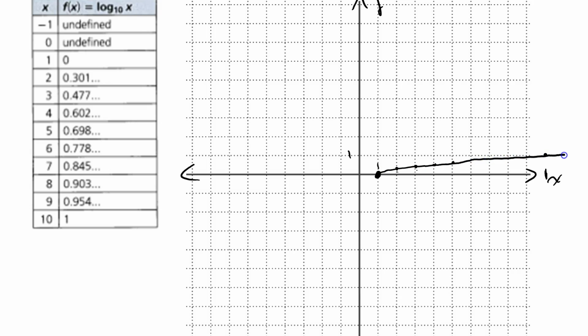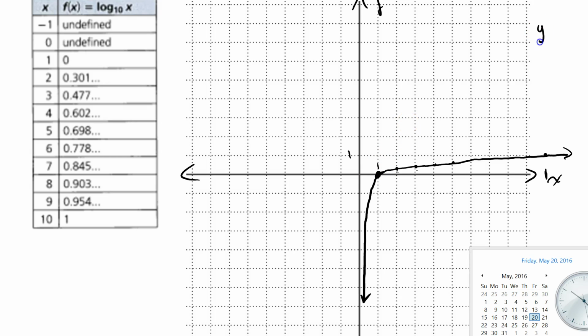So we're just going to cross at 10, and it looks like that. What happens here is this right here will become an asymptote. So what I want to do is get super, super close, but it will never touch. Now, I just want to remind us of the graph of